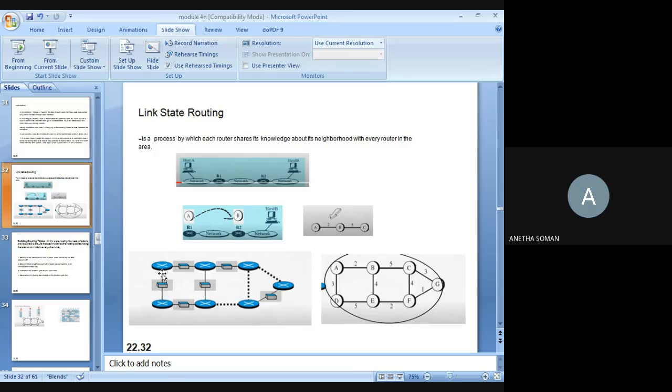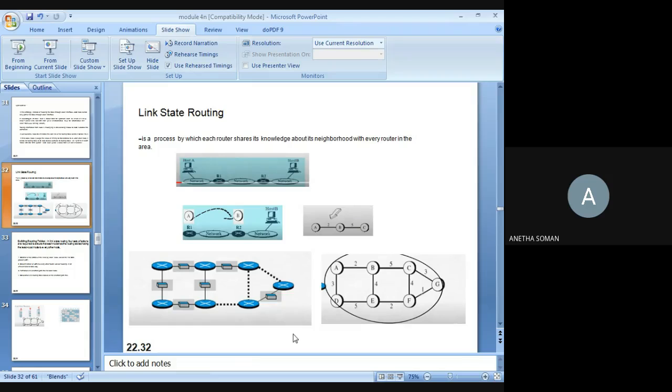If I draw the weighted graph of such a network, the right hand side shows that. The routers are denoted by different nodes, and the links are denoted with the cost. So you will have the weighted graph corresponding to your network system.